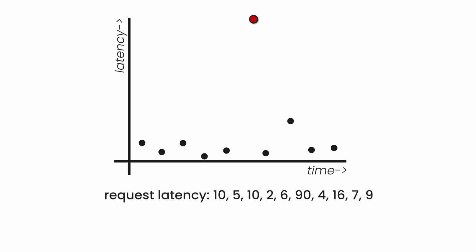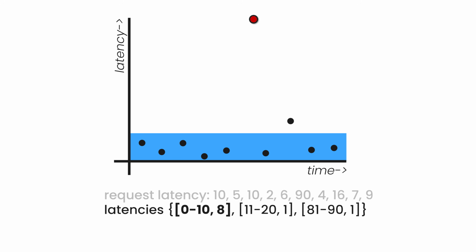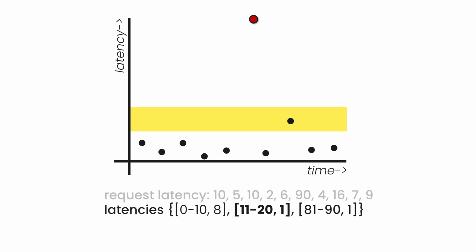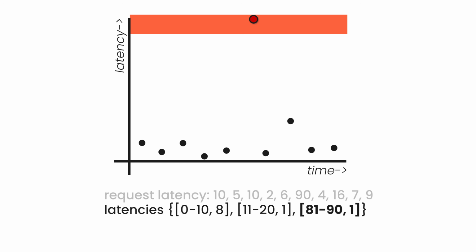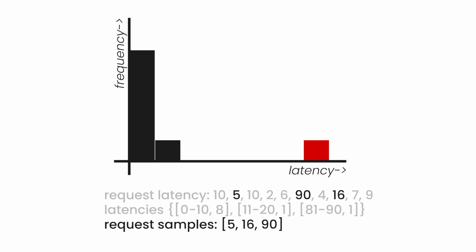Instead of plotting request latencies, it makes a histogram of request latencies. So 0 to 10 milliseconds were taken for 8 of the requests. One request was served within 11 to 20 milliseconds. And one request took between 81 and 90 milliseconds. When you plot the histogram of this, engineers can easily tell you what are P99 latencies. And also if they detect anomalies like this, they can trace the request using examples. Monarch stores examples for every window in the histogram.